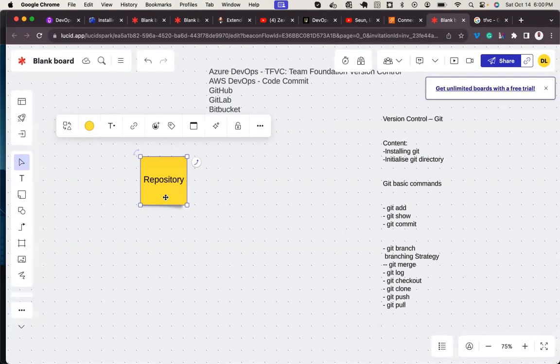Repositories of good people. Repository of images. Repositories of source code. Repositories of softwares. Repositories of packages. All right, that's abundance of packages.